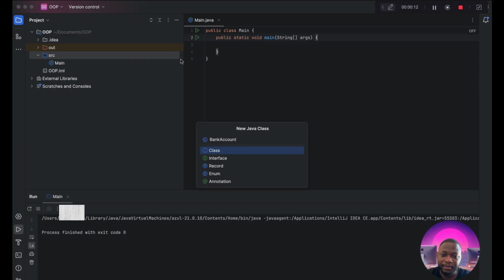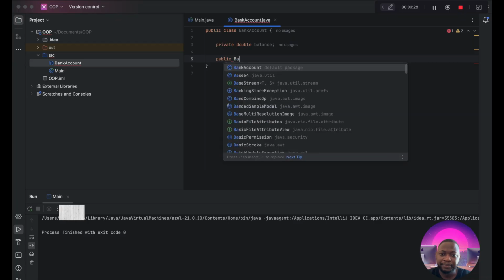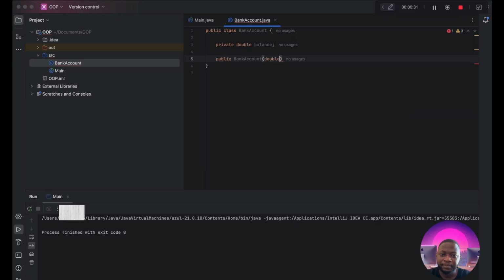A bank account would usually have a balance, private double balance, and a constructor. Now, since a balance is a very sensitive